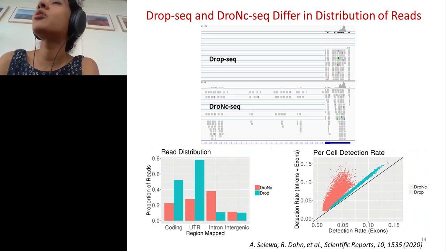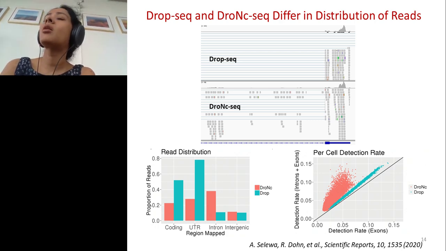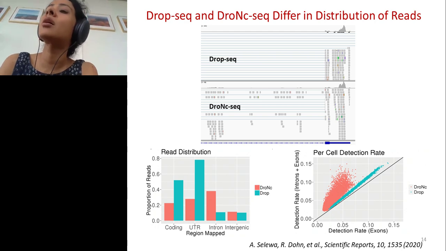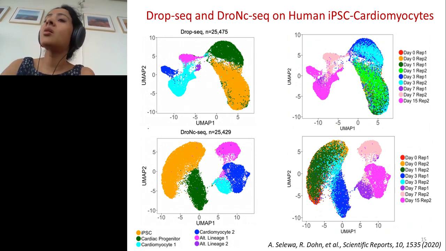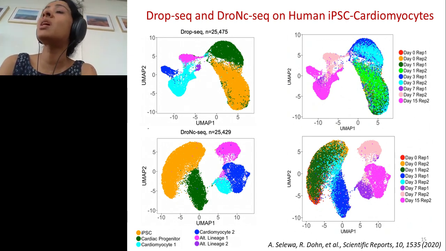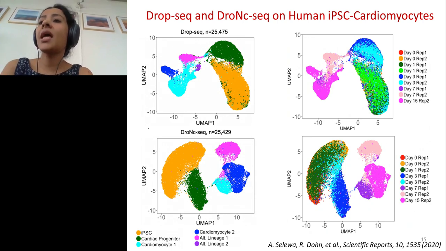And again, the number of RNA that we get from intronic regions is much higher, and we use these intronic reads in our pipeline to increase the number of RNA that we get, and that helps us improve the data quality. We did that on these cardiomyocytes, differentiating iPSCs into cardiomyocytes, and see that for both techniques, we capture the major cell types from day 0 to 15, and that